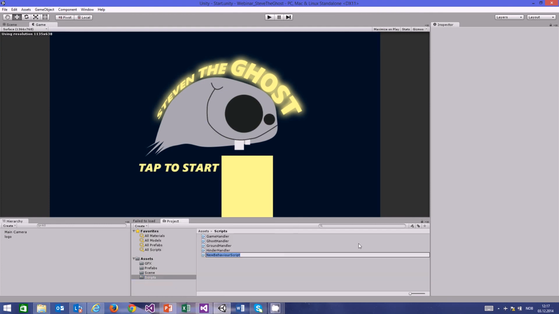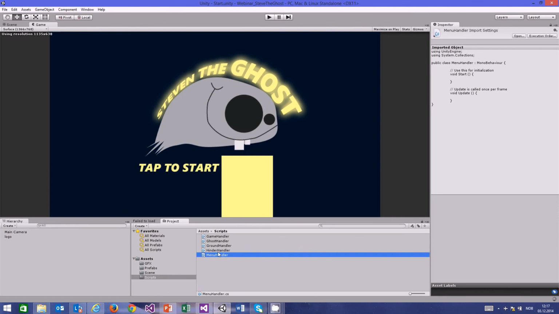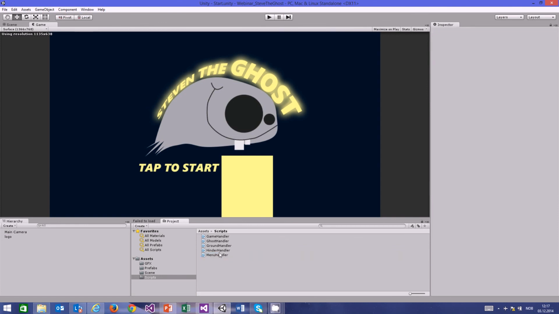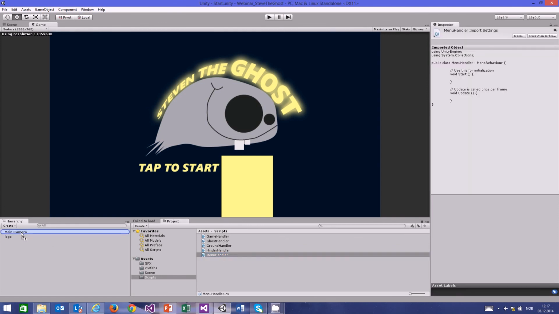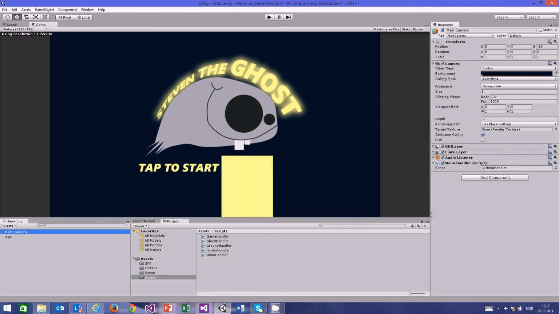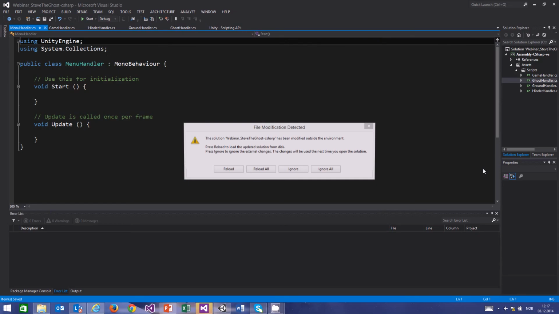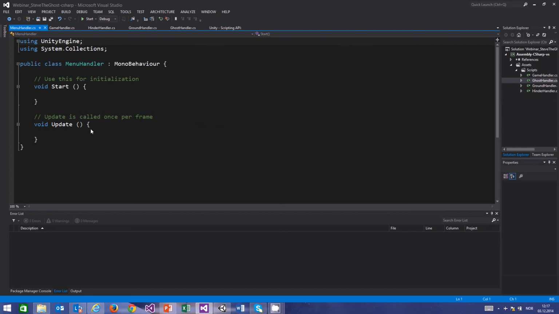Create C#, and I'm going to call it menu handler. I'm not sure why I'm adding handlers to everything. I'm just doing it right now, but alright. I'm just gonna put it on the main camera. You can put it wherever you want. You can even add your own game object that's called main handler or manager or whatever, but this is good enough. And in the menu handler,